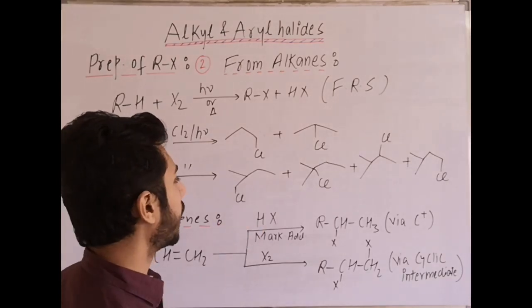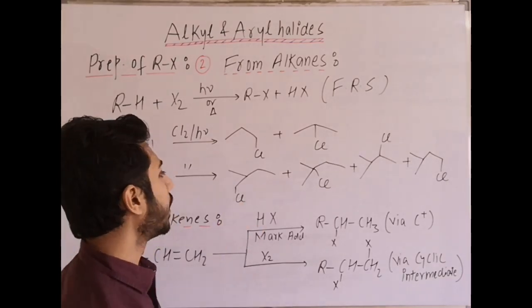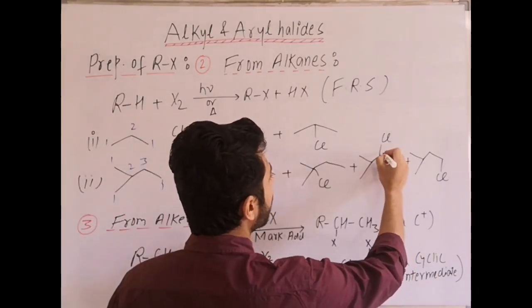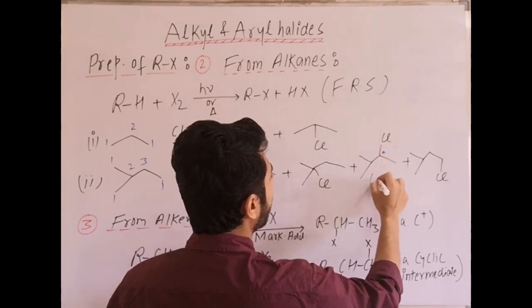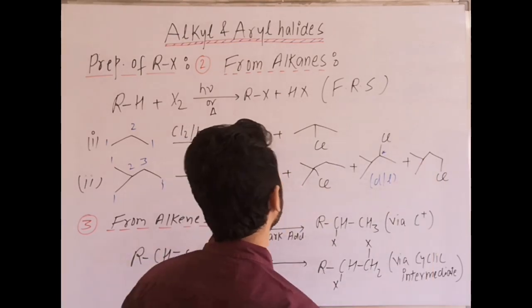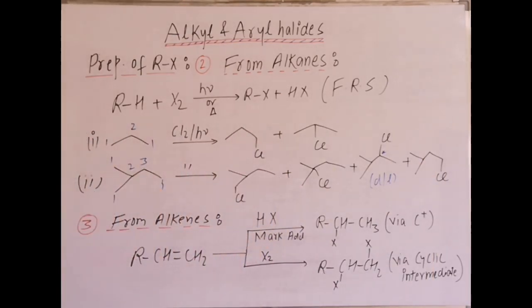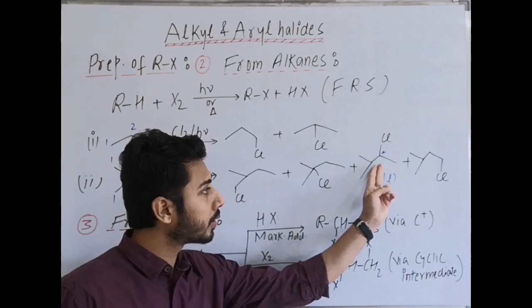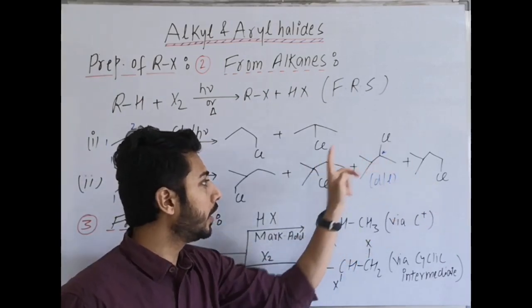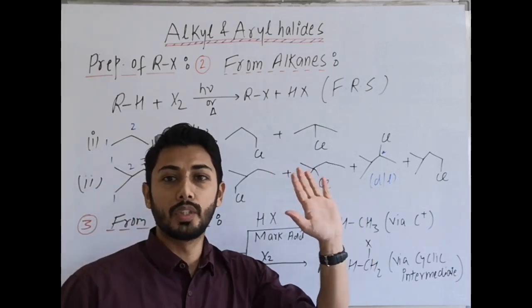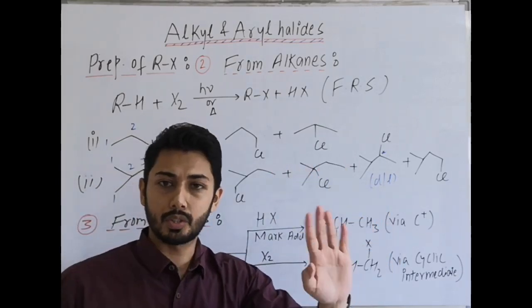If the question is like total isomers, the first will not give any stereoisomer, the second will also not give any stereoisomer, but in the third there is a chiral center formed. That means it can be dextro, it can be levo, and the fourth one also will not participate. So if the question is how many monochloro structural derivatives, 4, and if the question is total monochloro derivatives, then consider from this structure 2 plus 1, 3 plus 1, 4 plus 1, so 5 monochloro derivatives in total. If it is structural, 4.